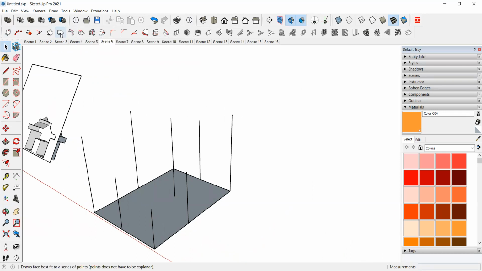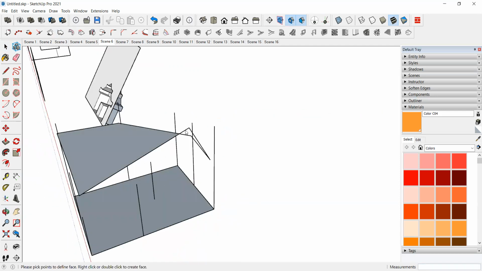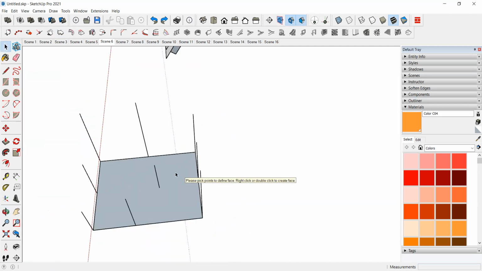Okay, so how it works is you have to select all the faces. At the last point you have to do this. So according to the height, it will come like this.